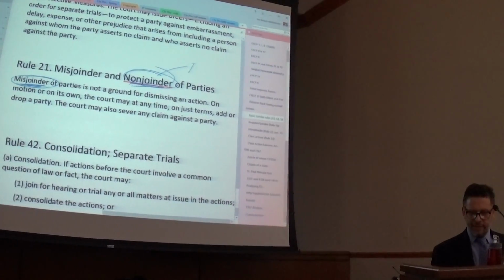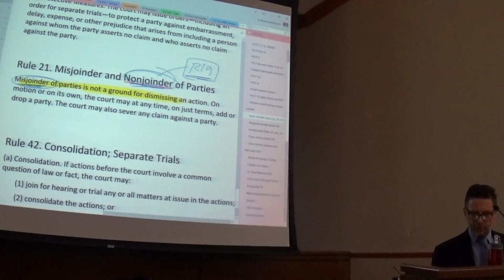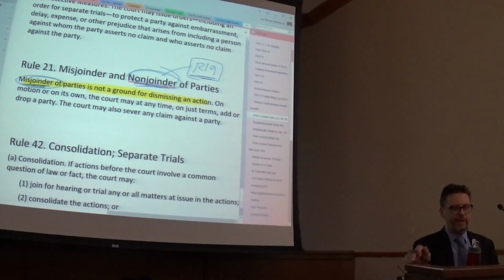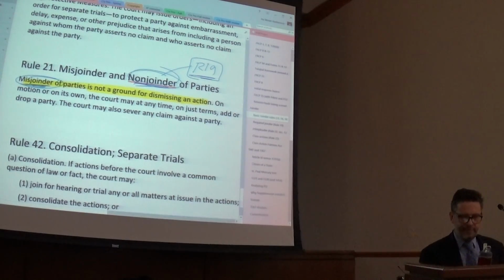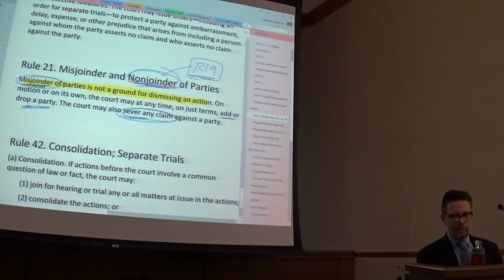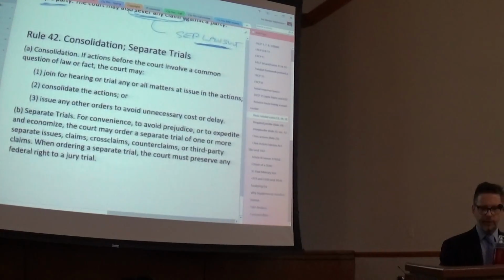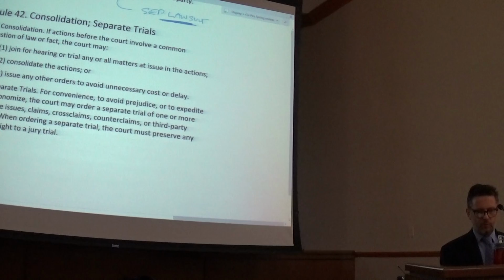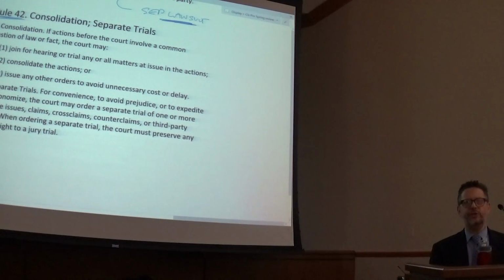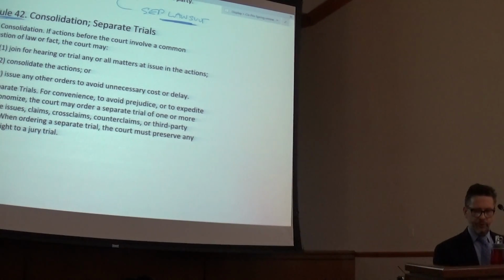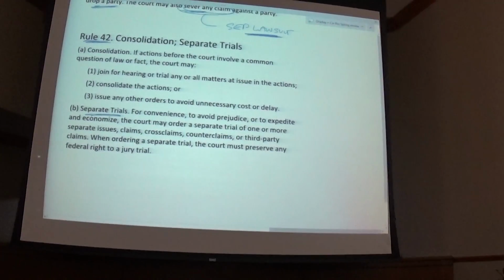Well, non-joinder under Rule 19 is a basis for potentially dismissing the lawsuit. But misjoinder is not by itself cause for dismissing an entire civil action. Instead, when you have misjoinder, what the court can do is add parties, it can drop parties, it can even sever a claim against a party, and that would make a separate lawsuit with its own civil action number. Something else a court can do, say joinder is proper, right? So we don't have misjoinder, we don't have a non-joinder problem, but we have a problem because the lawsuit's getting too unwieldy, right? What the court can do is order separate trials